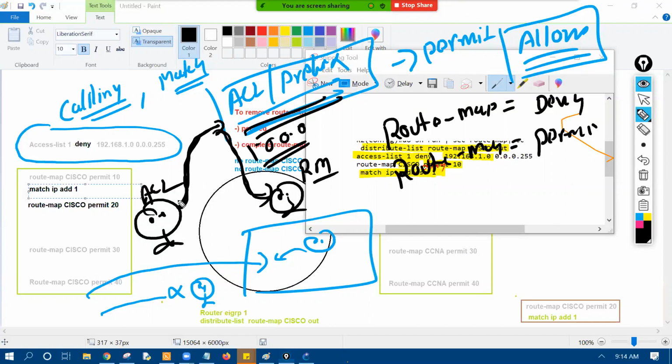How does the ACL give the permission? By allowing this statement. And that's why if you check the